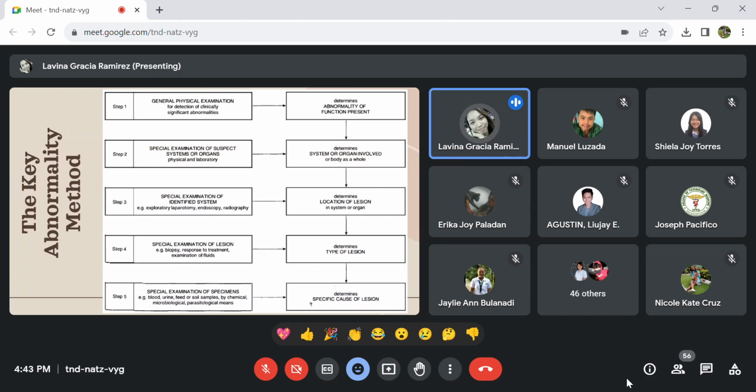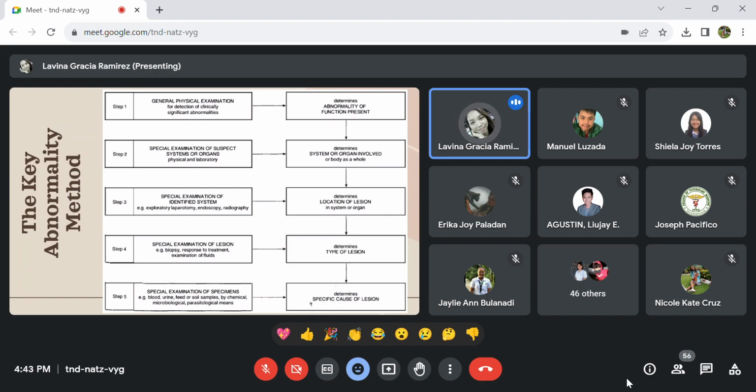Like for example, there is a problem in gait. Okay, what do you check? Which system? Musculoskeletal, nervous system could be one. Those are what you check in the manifestations, because based on the manifestations, you can have a target, your first target to check. Diarrhea, what will you target? So as I said, you should be aware of the common manifestations that the animal is presenting, the common signs.